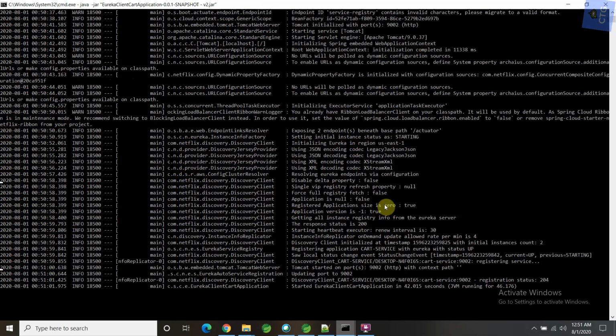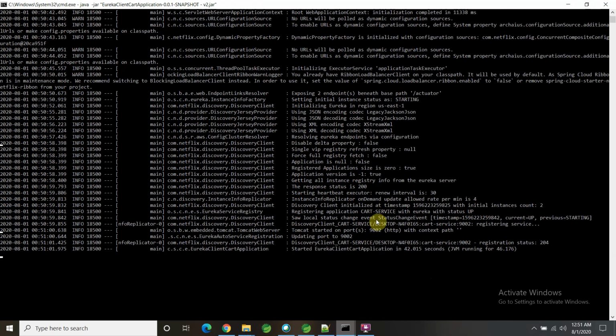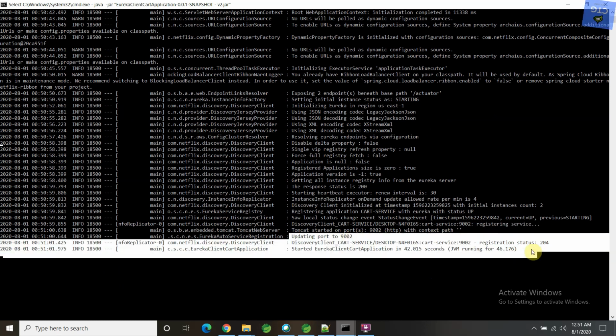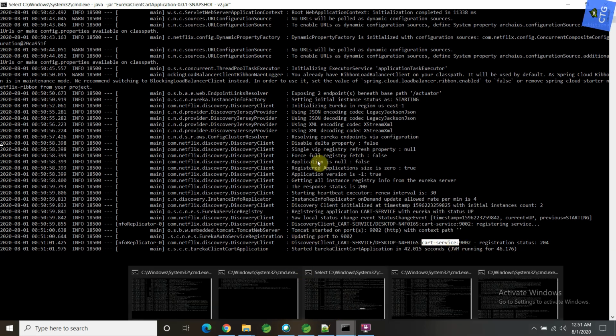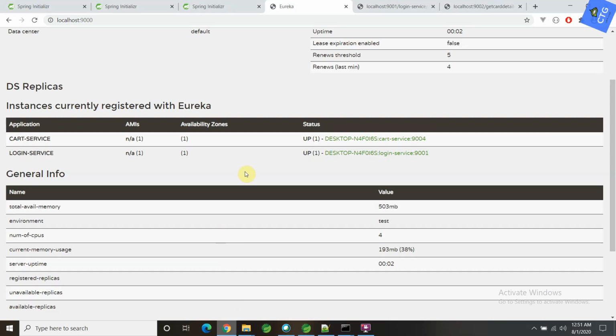So now both cart version 2 and version 3 applications are getting started. In the logs you can also see, whenever an instance is getting started, it sends a register request to the Eureka server, and then it successfully updates the status in the Eureka server. For that reason you can see this line printing: discovery client, cart service, the respective cart service application name. Now let's verify in the Eureka server console whether both instances are registered successfully or not. Let's refresh this page again.